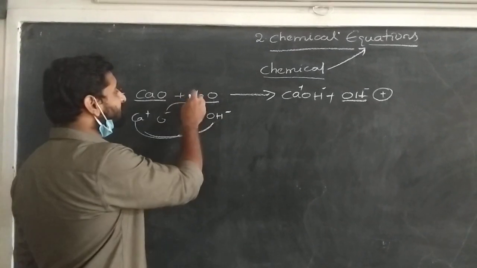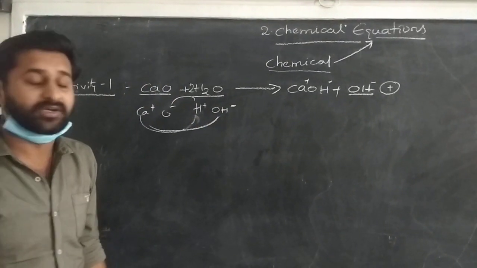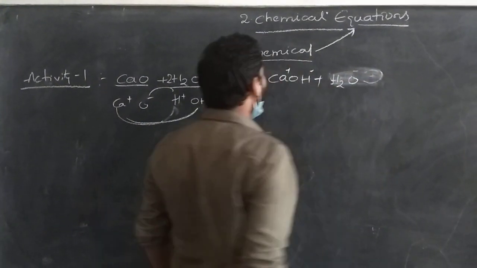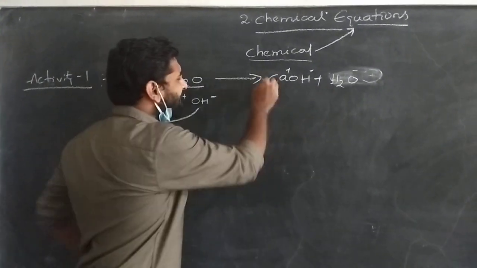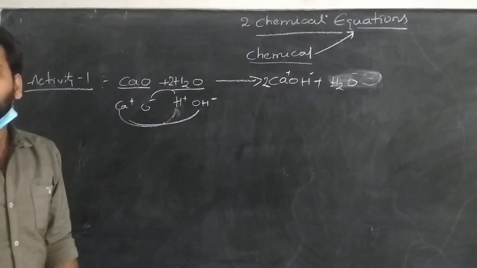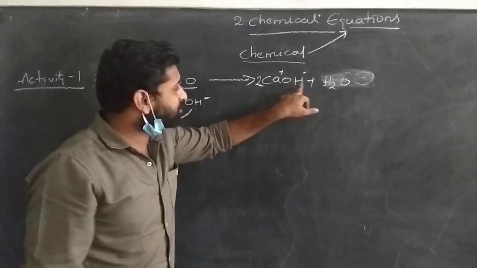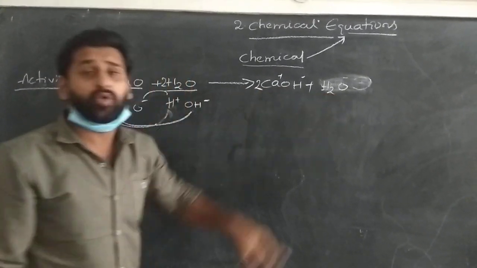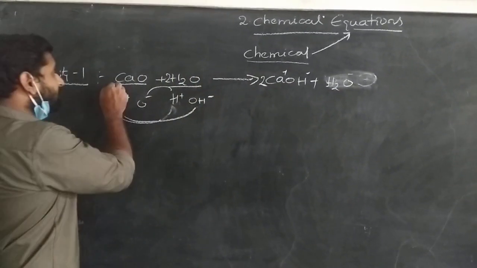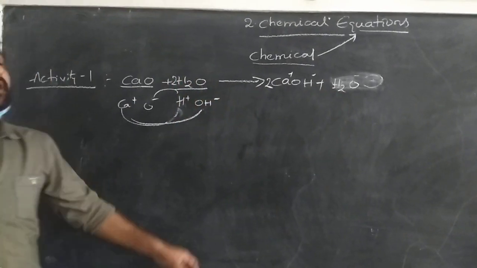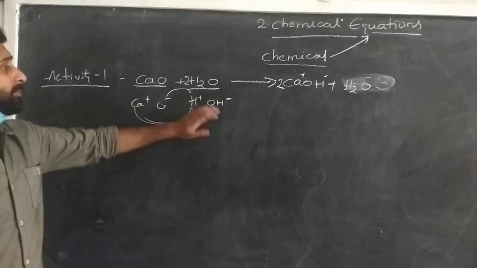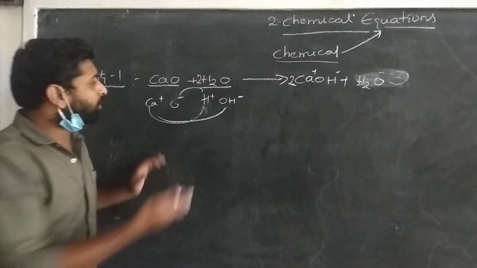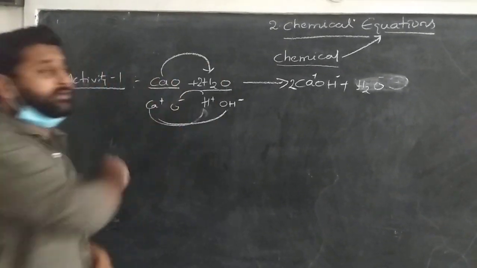In balancing the equation, if you take 2 times hydrogen here, I can write it as H2O. Now let's imagine, here hydrogens are 2, but the calcium is 1, so I need to add one more calcium here. So what happened? Calcium is 2 and hydrogen is 2. 2 plus 2 is 4. And oxygens are 2, but here it is 2 and it is 2, so O is increased. So we just need to balance the equation, which we will learn in this chapter. Don't worry about balancing equations, I'll tell you later, we have a next topic to learn about that. But here, what will be the result when calcium oxide is reacted with water?